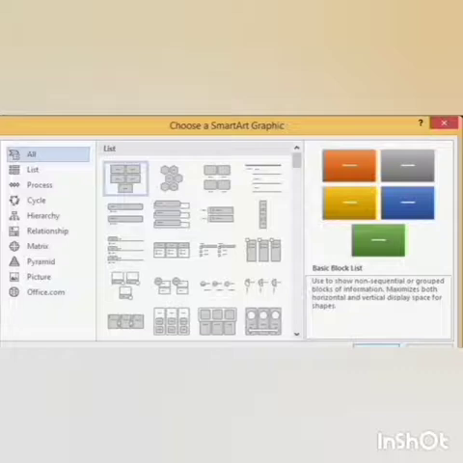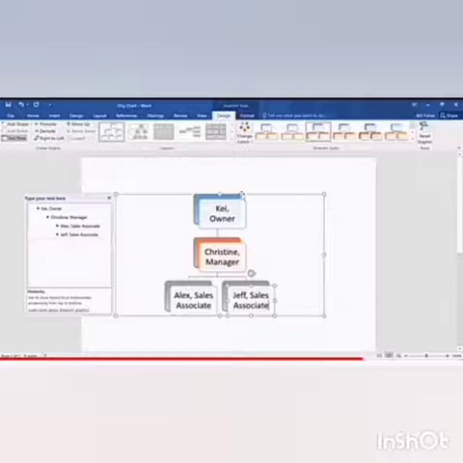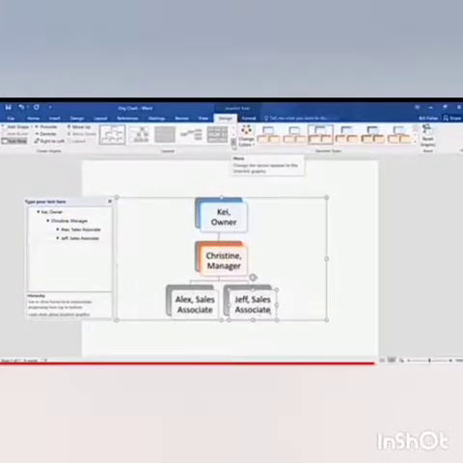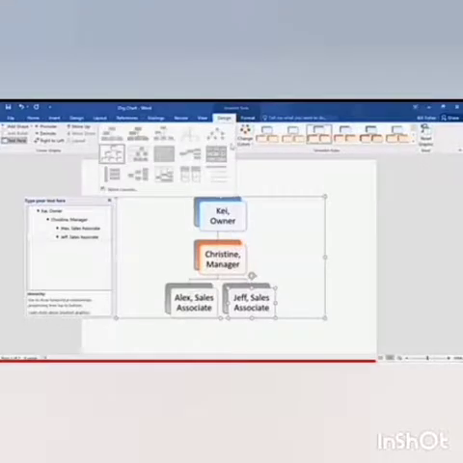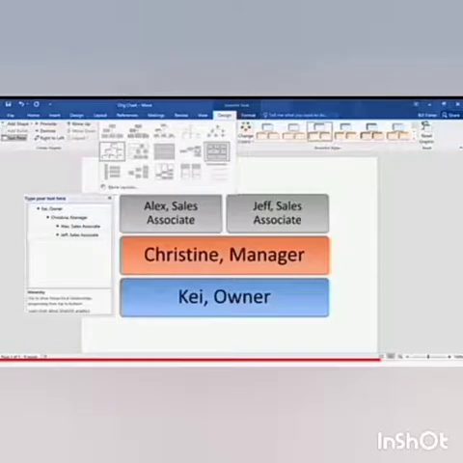We can also change the layout of SmartArt. For that, open a graphic and select it. Then click on the Layout option from the Design tab. Here we can see a dialog box with a list of layout options. Select the option that we want to add. Now the layout of the SmartArt graphic is converted into the selected layout style.